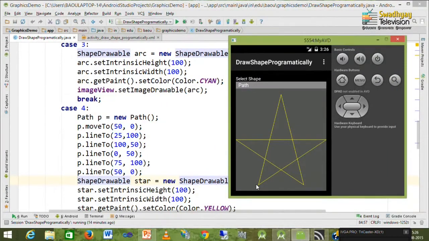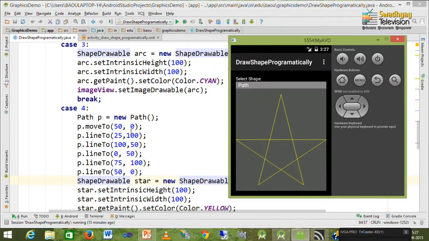So, this point is 25, 100. Now, this point is a 100, 50, because x is 100 and y is half, that means 50. Again, this point is a 0, 50, because x is 0 and y is half, that is 50. This point is a 75, 100, and finally this is a 50, 0.